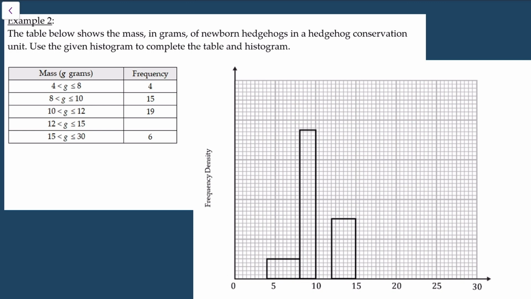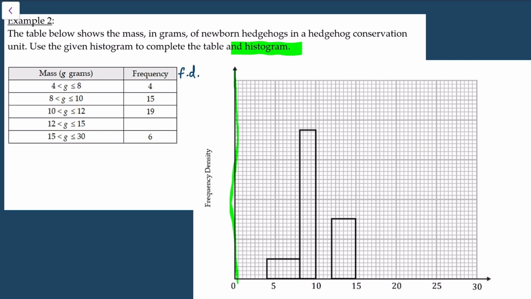Okay, in the second example, we are told that the table below shows the mass in grams of newborn hedgehogs in a hedgehog conservation unit. Use the given histogram to complete the table and the histogram. So in this case, they actually also want us to go and draw in the missing bars, which I can't do at the moment because I don't have a scale for the frequency